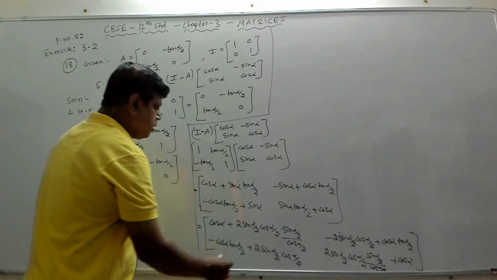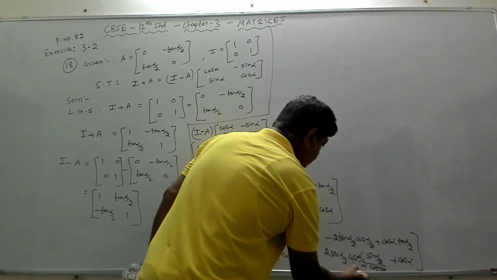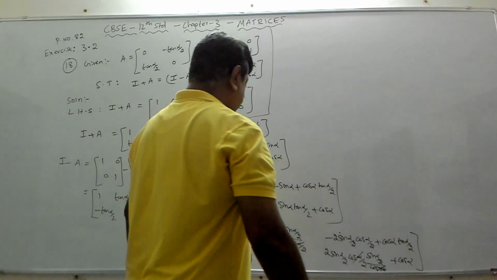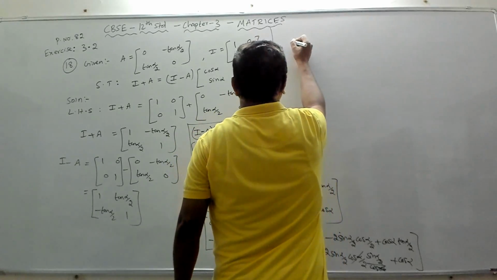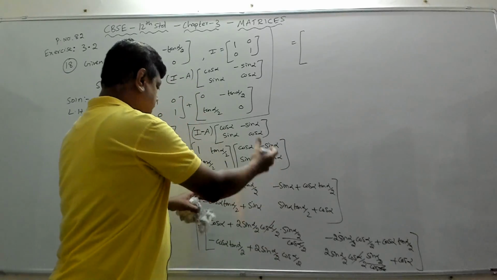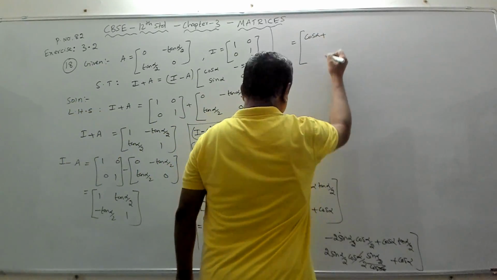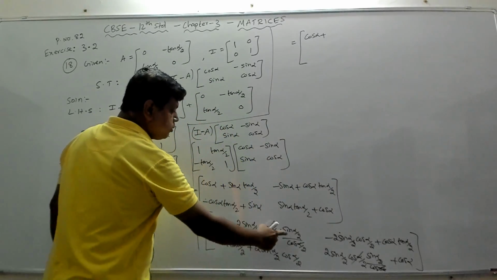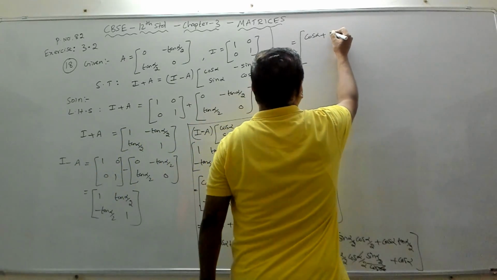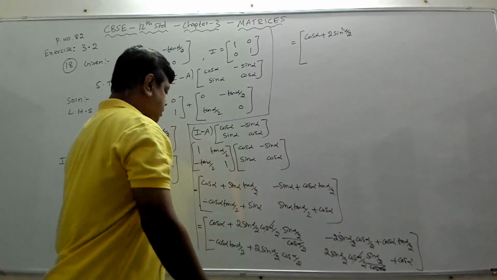Then if you see, cos alpha by 2 and cos alpha by 2 will get cancelled. Here also cos alpha by 2, cos alpha by 2 will get cancelled. Right. So finally what we will have here, this is equal to, I'm writing the continuation of this. So this will become cos alpha plus 2 sin alpha into sin alpha by 2 into sin alpha by 2 is 2 sin square alpha by 2, plus 2 sin square alpha by 2. That is the value of this whole thing.